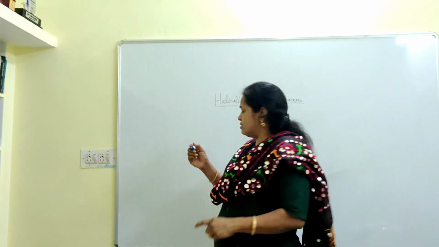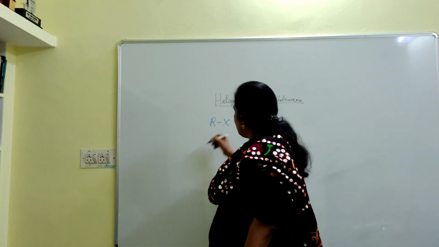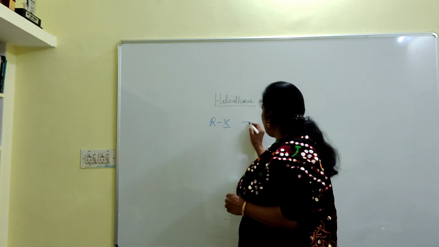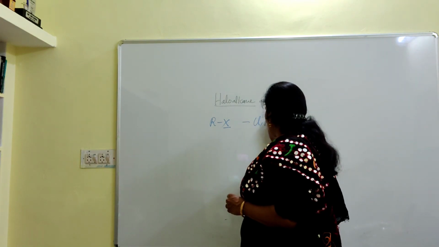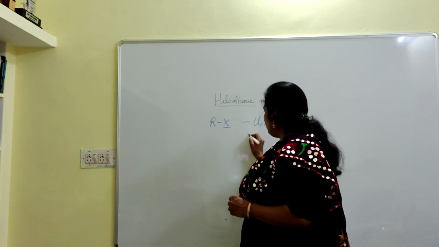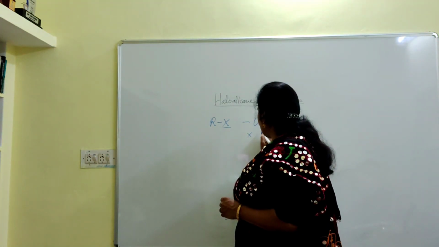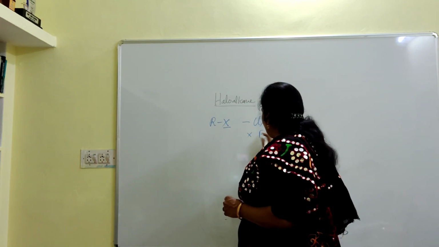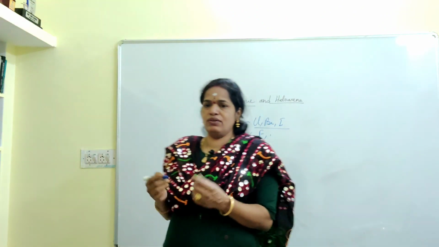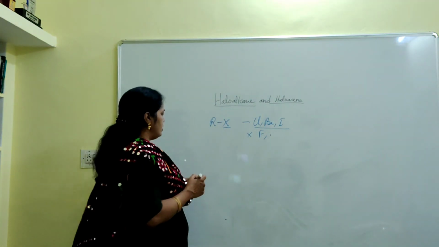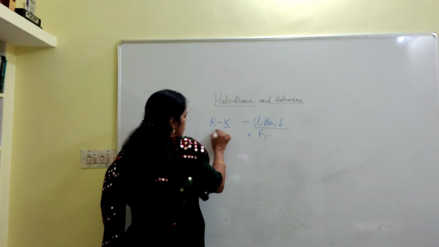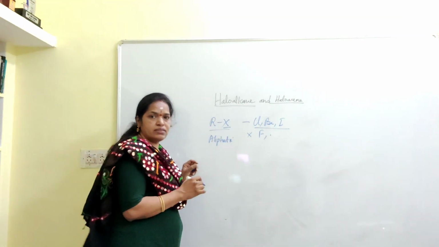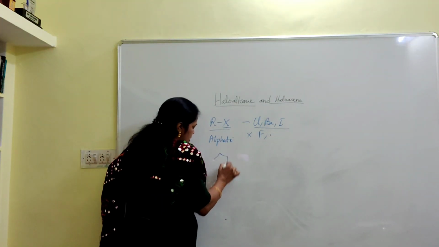Let us take an RX. RX could be a halogen. What is that halogen? It could be chlorine, bromine, iodine. Don't use fluorine and astatine. Let us not use that. So we will be using chlorine, bromine, and iodine for the substitution cases. Now this is aliphatic, and another one we will write is aromatic.